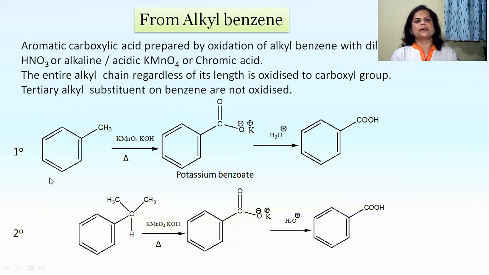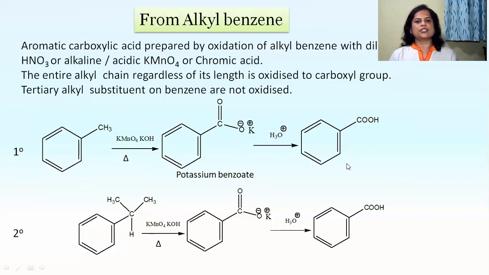Now see here this example, C6H5CH3. Means that alkyl substituent CH3 is present on the phenyl ring. So this is called the primary alkyl substituent. That carbon in that CH3 is a primary carbon atom. Therefore, it is a primary alkyl substituent. When it reacts with KMnO4, formation of potassium benzoate takes place. The CH3 group is converted into C double bond OOK, by the addition of oxygens from the KMnO4, and it forms potassium benzoate, which further undergoes acid hydrolysis and formation of benzoic acid takes place by the removal of KOH.